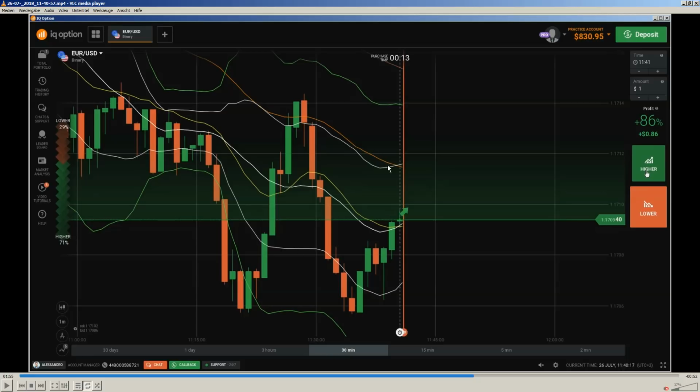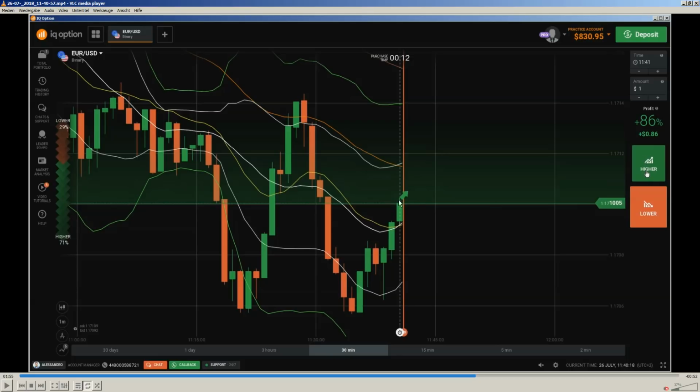We have here this kind of ranging market. Yes, up, down, up, down, up, down. You know, a ranging market. I have shown you this before. And then I entered and I pushed the higher button, but what's happened? This. You see how this kind of movement here, if I would have entered and have released this button, I